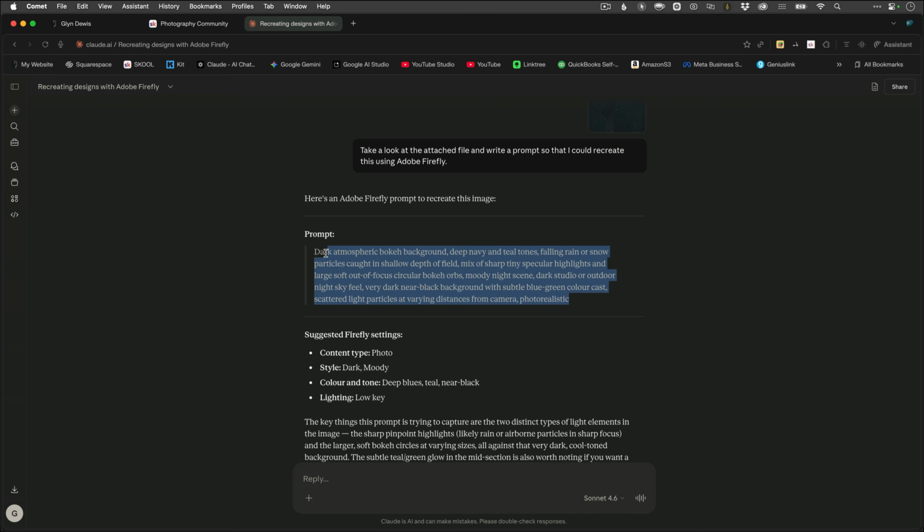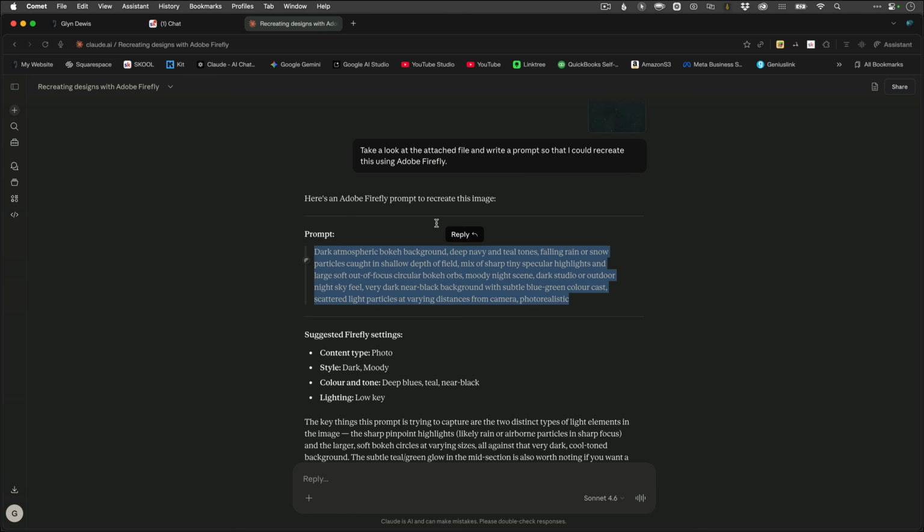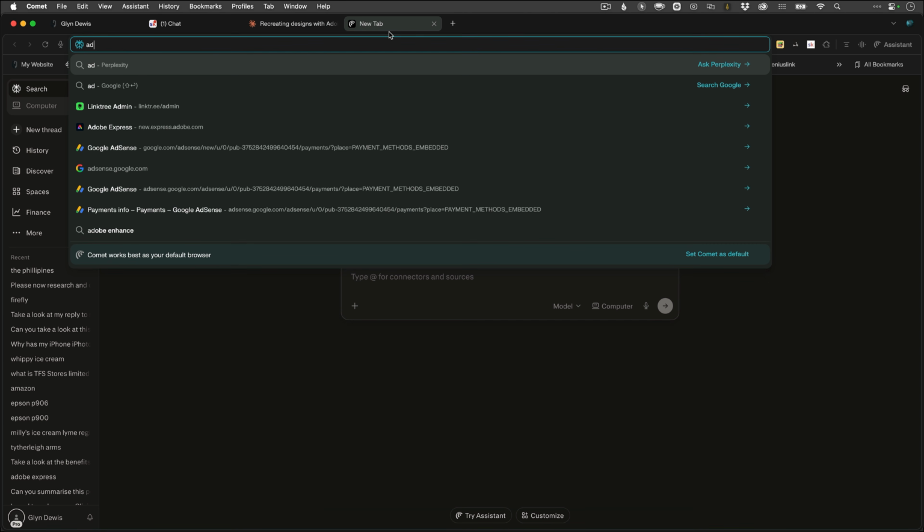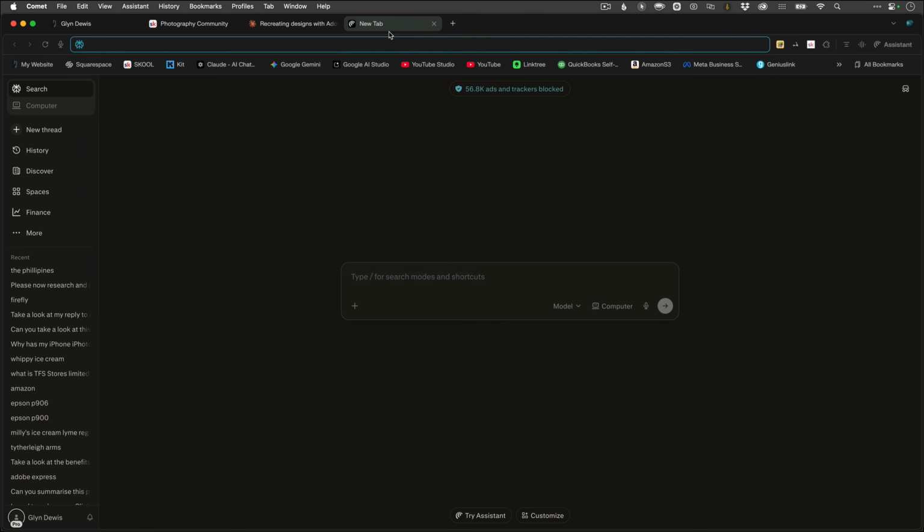So what I'll now do is copy that particular prompt that it's made, which is specifically for Firefly. Depending on what software or AI model you're using, you're going to want to make it do a prompt specific for that. But let's have a look here. I'll create a new tab and go to